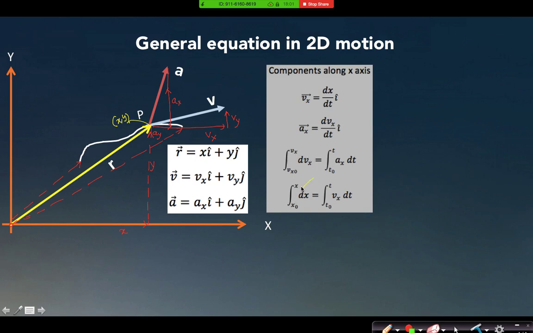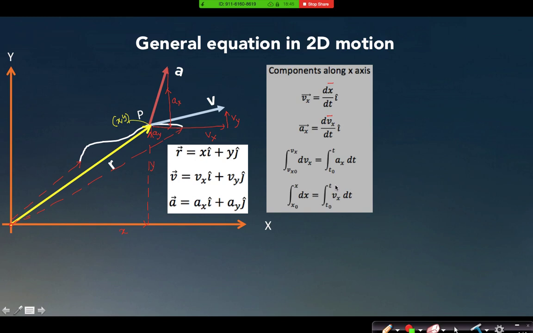Similarly, I can find the position coordinate of the particle, x as a function of time. What is the x position of the particle as a function of time? That also I can find by using the last equation. I think there is no doubt in this slide, because we have already studied this in one-dimensional motion. There should be these vectors dx by dt, dvx by dt. So now what will be the equations along the x-axis?